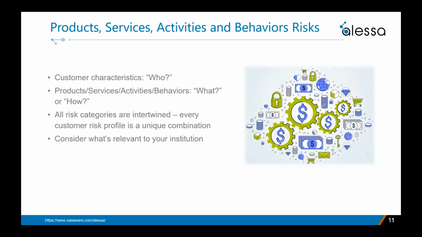Now, coming up next, I'm going to talk about the money laundering risks associated with different products and services. And then I'll go into certain types of customer financial activities and behavior patterns that may be red flags for money laundering or other illegal activities. And as we go through this presentation, be thinking about where these may be relevant for your financial institution. And just speaking of financial institutions, I want to say upfront that I will not be covering anything specific to life insurance companies or casinos, as their money laundering risks are very, very specialized. So our focus today will be primarily on banks and similar types of financial institutions.